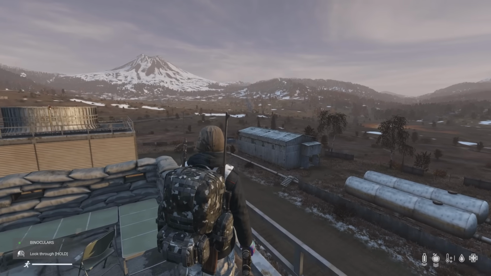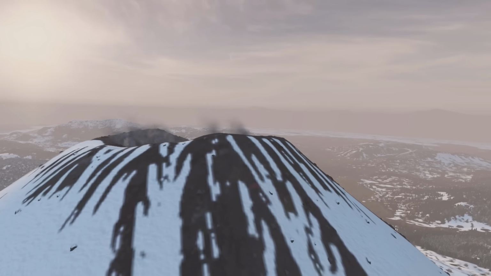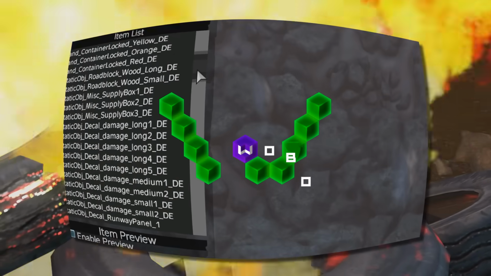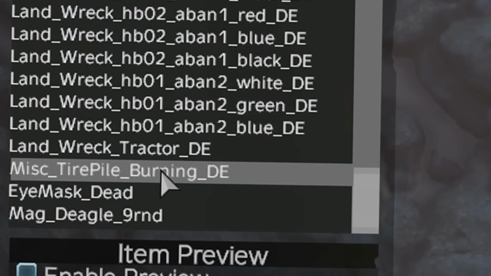The DayZ devs have generously gifted us a new type of dynamic event which will likely be coming in the next update for DayZ. So in this video we're going to be looking at this new random event to see what it can do, compare the tire fire to fireplaces, and see if we can't bake ourselves a couple of potatoes. In the most recent hotfix for 1.27, the latest DayZ update, a new item called a tire fire was